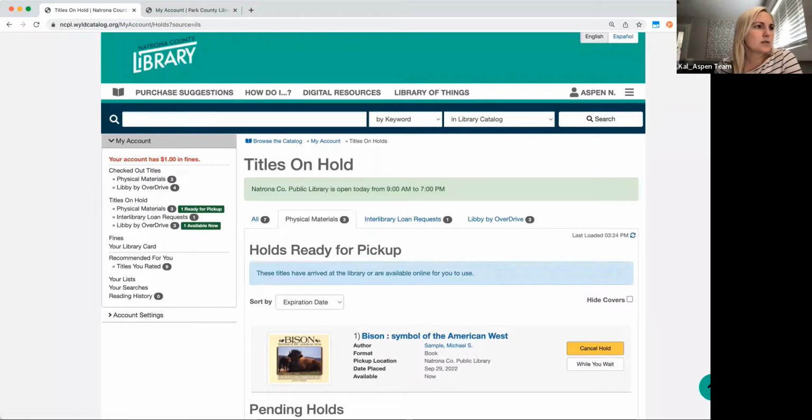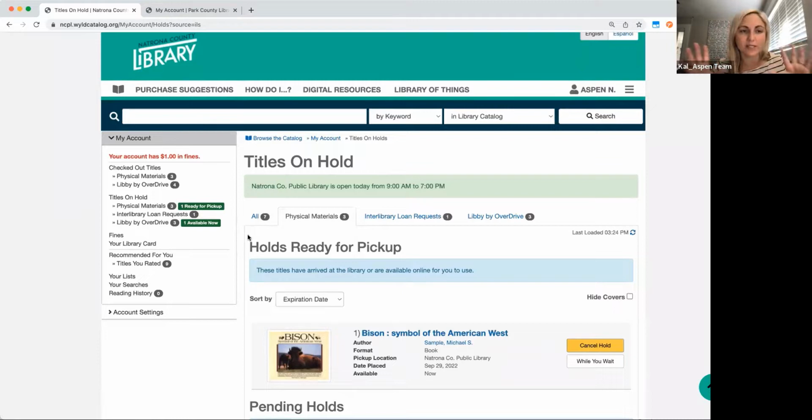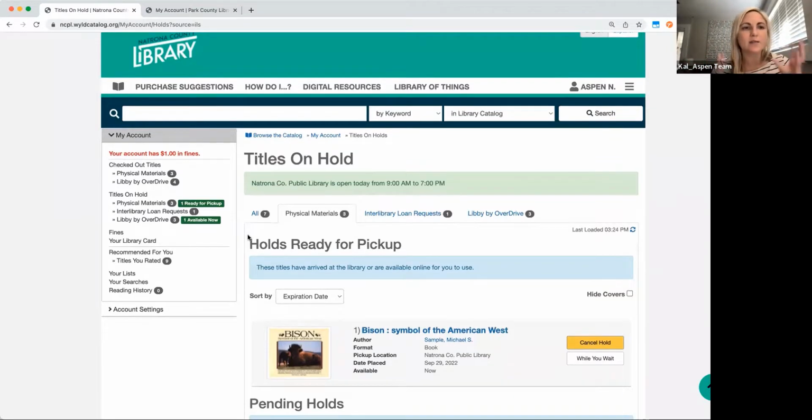Let's see what else about VDX. I'm trying to just read my notes really quick. Okay, I think that's the big thing. Placing a hold means it's available within my library system where I'm a patron, and I will see the phrasing "place a hold." Otherwise, I'm going to be prompted to make a request, and some sort of form is going to pop up, depending on the library system and what's been set up for them, giving me more information about that request. But when I log into my account, regardless if it's just a regular hold or an interlibrary loan/VDX, I can see it all in one place.